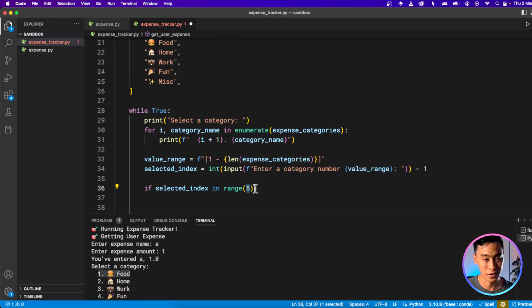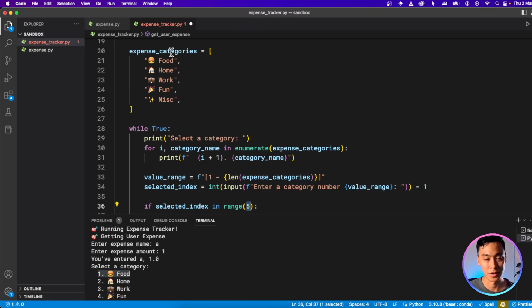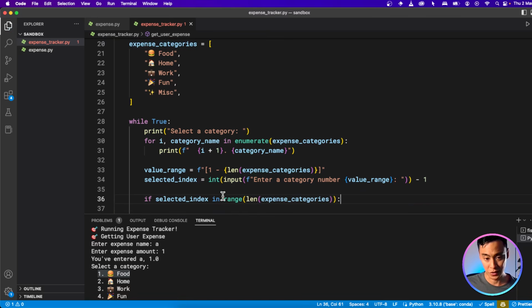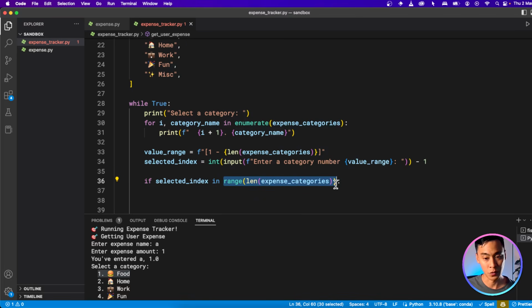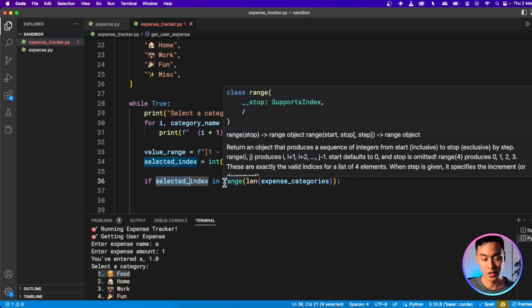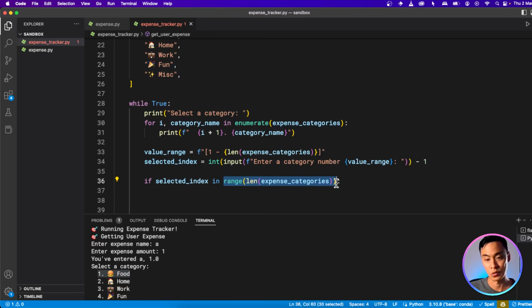But better than hard coding this number, we want to make it bound to this list, because if this list changes, we don't want to have to update this part here as well. It's really bad design if you ever have to update code in 2 or more places to make something work. Ideally, you only have to update code in 1 place, and that behavior will be inferred by the rest of your code. So let's go ahead and do that. And we know that this is 5. So this should be in range 5, which means that it's valid if it's 0, 1, 2, 3, or 4, because range is not inclusive of its maximum boundary.